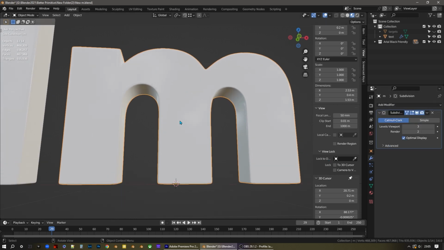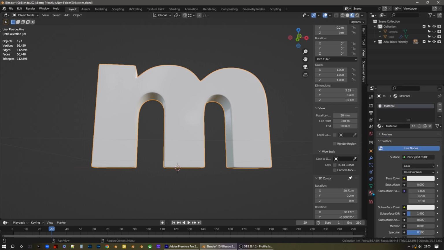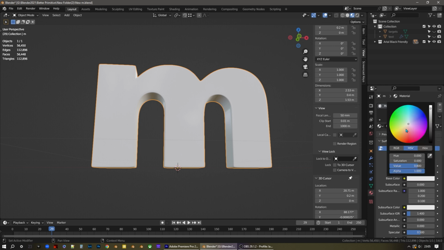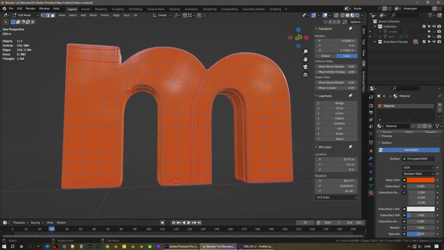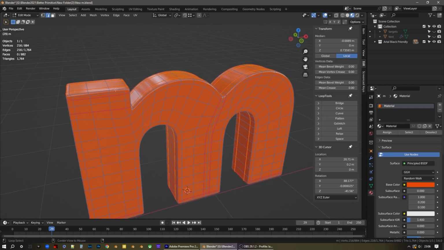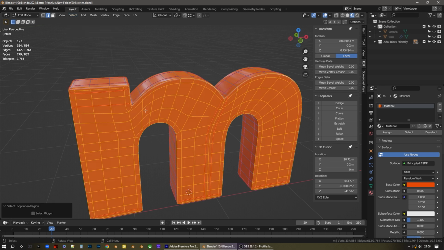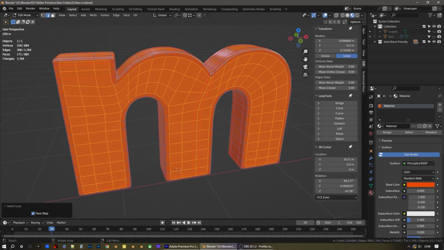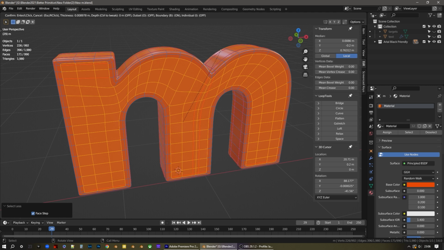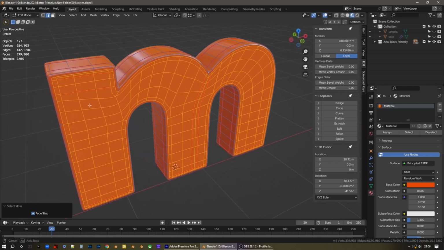So I'm going to select our M and press Shift and H to hide everything else. I'm going to change the colour of our material to, well, let's make it orange, as I often do in these videos. Then in Edit mode, I'm going to select the boundary loop which lies on the very edge of the front of the letter. Then I'm going to go to Select, Select Loops, and Select Loop Inner Region, which just selects all the faces on the front. Now I'm going to press Ctrl and minus to shrink this selection, and I'm going to press I just to inset this a little way. Now I'm going to press Ctrl and plus again to expand my selection back out,